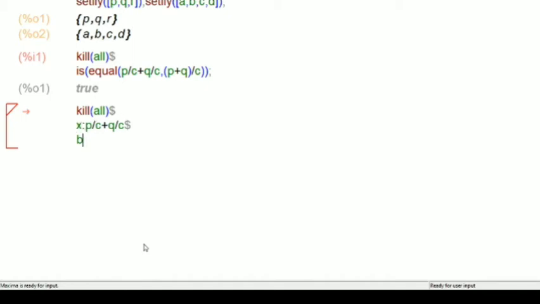Let me write some x and y. The next equation is this. I'll write this one as some y, and I don't want to display this, so I'll put a dollar sign.